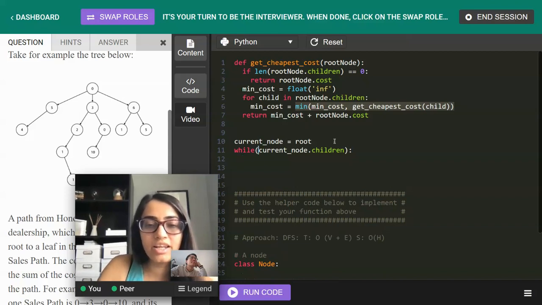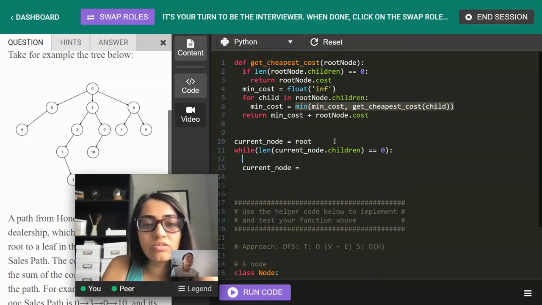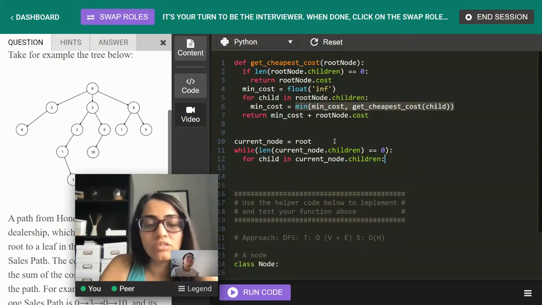I don't need to say len equals 0, but let's just say it verbosely. While that is the case, then current node equals, okay, so for child in the current node dot children,